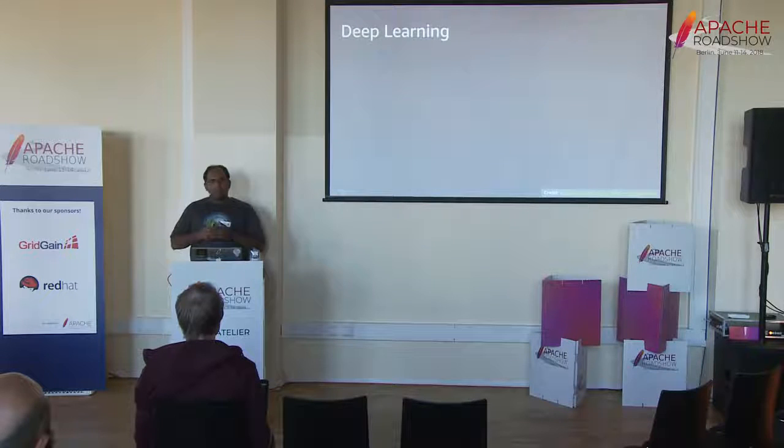Like you all know, machine learning is about using algorithms to process data and make decisions. But in traditional ML, before you could use an algorithm, you had to do feature extraction, where you told the algorithm what are the salient features in your data to look at before you could use it.